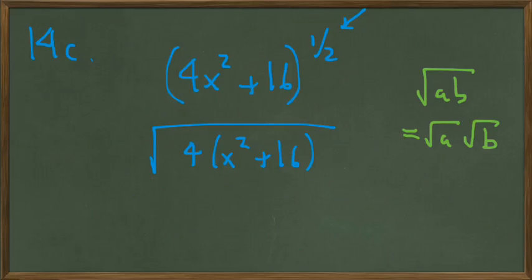Note that the square root of AB is the square root of A times the square root of B, and so this is the square root of 4 times the square root of x squared plus 16. Square root of 4 is, of course, 2, and the square root of x squared plus 16, there is nothing squared there and nothing more to remove, so we have to leave that as it is. And so here is our simplified result